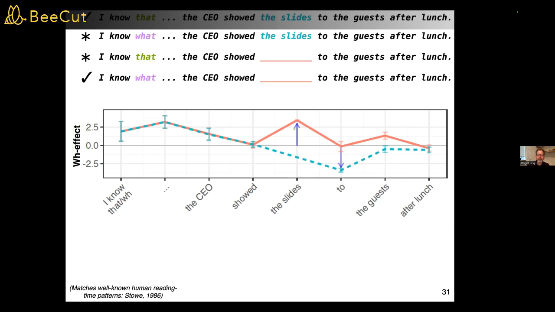And this pattern, I'm going to have it so red lines are higher, red should be above 0 here, and blue should be below 0 here. That's the signature pattern that I'm going to use as a shorthand for the next slides in illustrating what it is to have a filler-gap dependency captured probabilistically in the statistics of a language model.